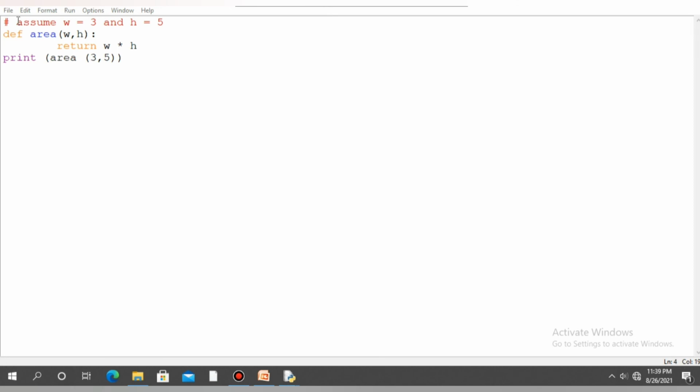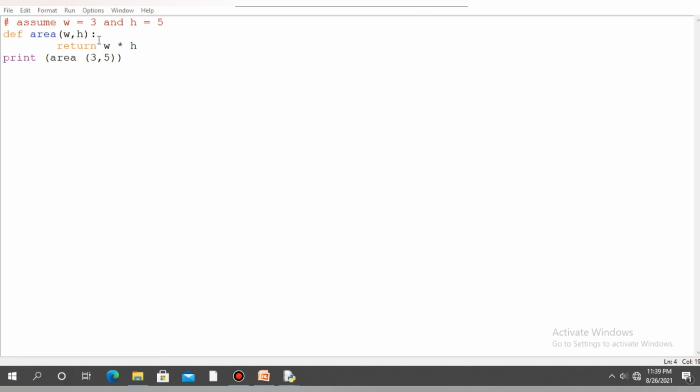Okay, the same program. Hash, we just assign the value w equal to 3 and h equal to 5. So this is a comment line, it cannot be executed, and then I'll define a function. The keyword for a user defined function is def. After writing the keyword, I'll write the function name area and then pass the parameters w comma h, and then put a colon and then return.